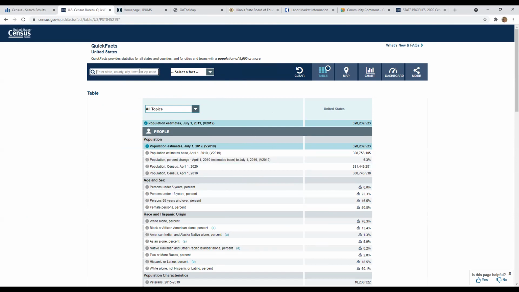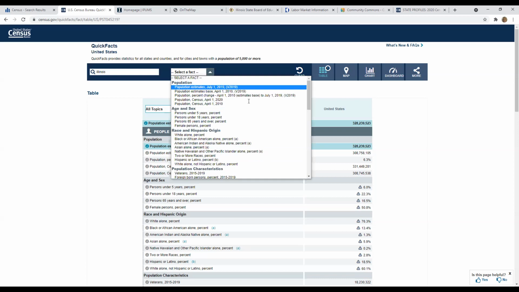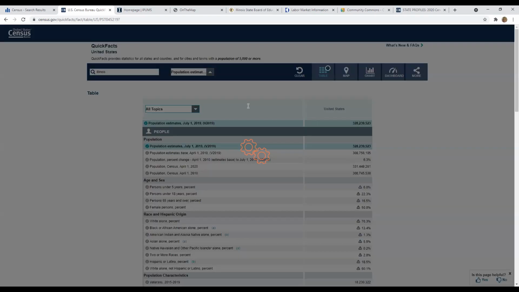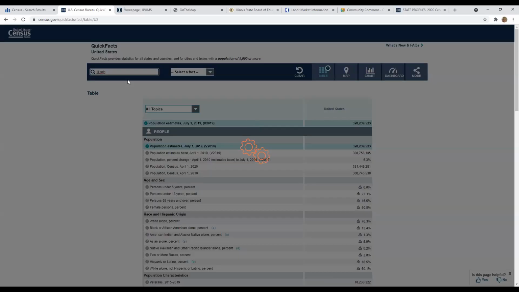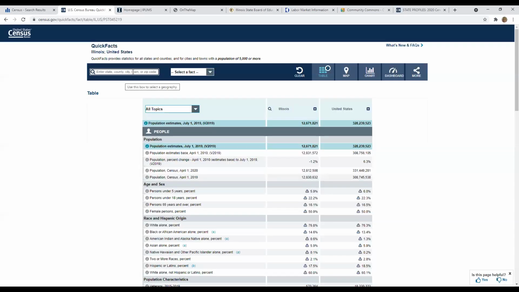eventually. Do I have to select the fact now? I don't want to select the fact. Okay, well, usually this works real easy. That's interesting. Okay, that's okay. So you have to make sure you capitalize Illinois. Oh, for Pete's sake. A lot of this stuff has just changed in the last year, so that's another thing